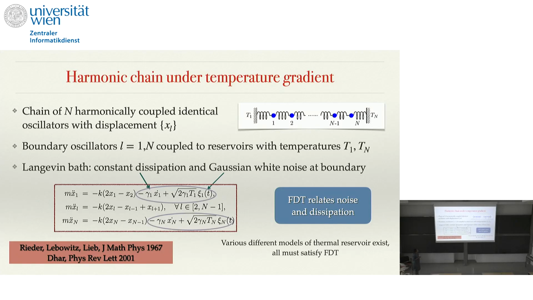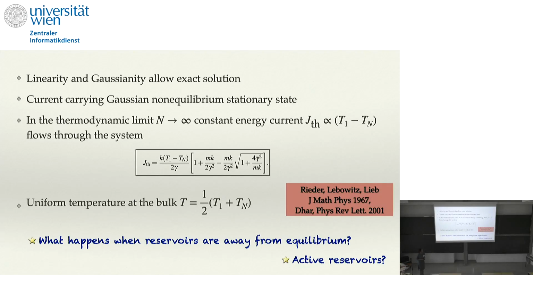So these reservoirs exert forces on the boundary oscillators. And these are typically modeled through a dissipation and noise. Here, Xi1 and Xin are my thermal noises, just white noises. And the fluctuation dissipation theorem means that the dissipation is related to the strength of the thermal noise. Of course, there are many other possible models of reservoirs, but this is the simplest one, and we'll just stick to that. And this was exactly solved in 1967, as I said, and it was shown that